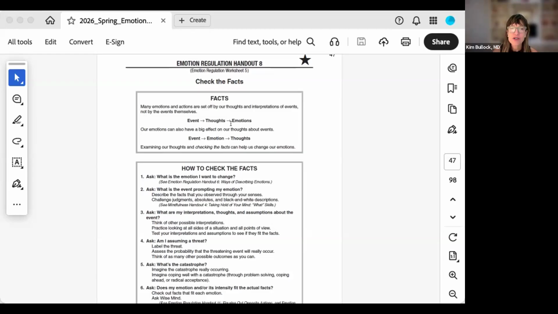The emotions that you're trying to change might actually fit the facts of the situation, but the intensity of the emotion may not fit the facts. So you could be a little bit nervous about it, but if it's an unlikely scenario, and you know that you would likely get good responses,